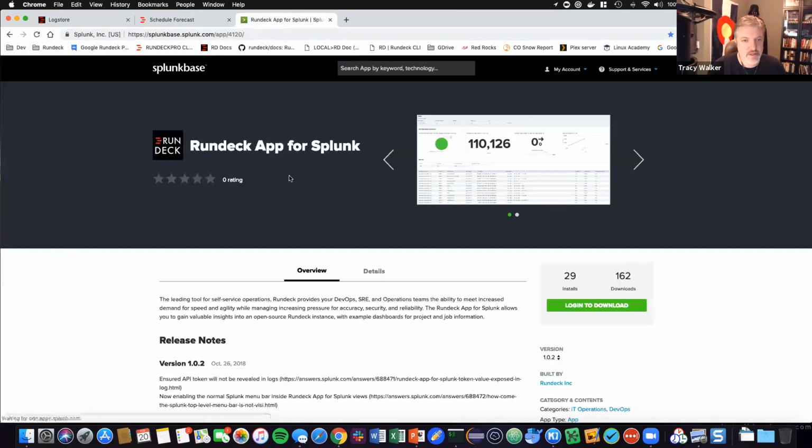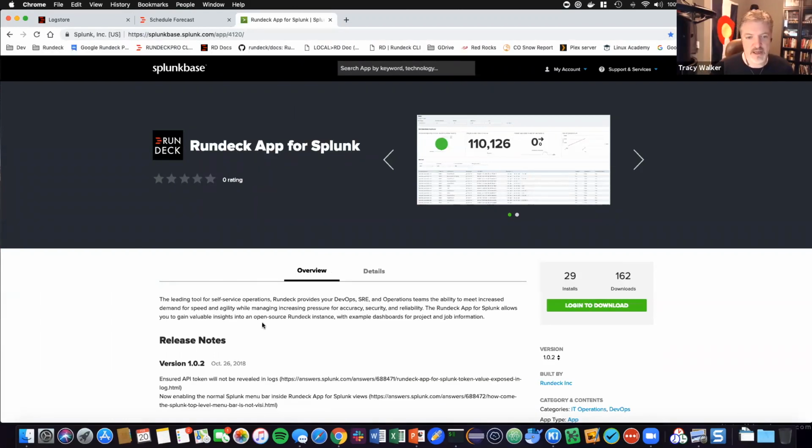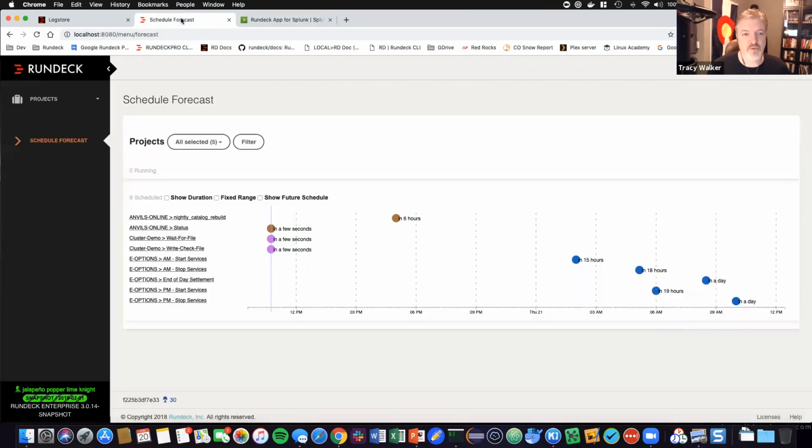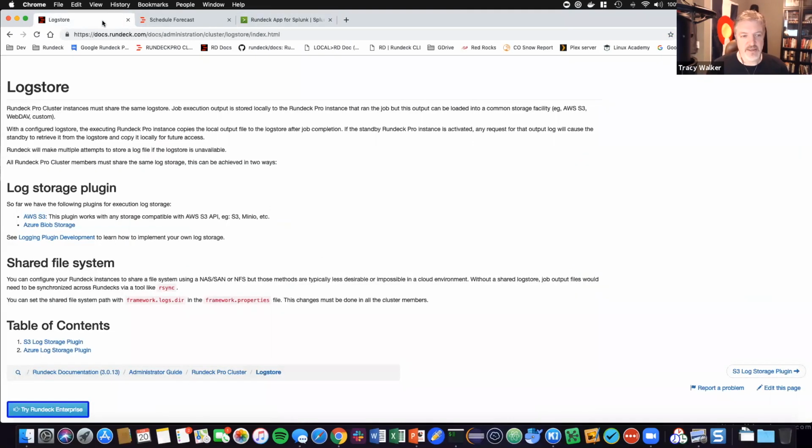If you go to splunkbase.splunk.com, you can find the Rundeck app for Splunk. So that's the plugin for Splunk. I don't think that's exactly what you're looking for to address that particular problem. And what I might have to recommend, just given my lack of depth on other possibilities for log storage,